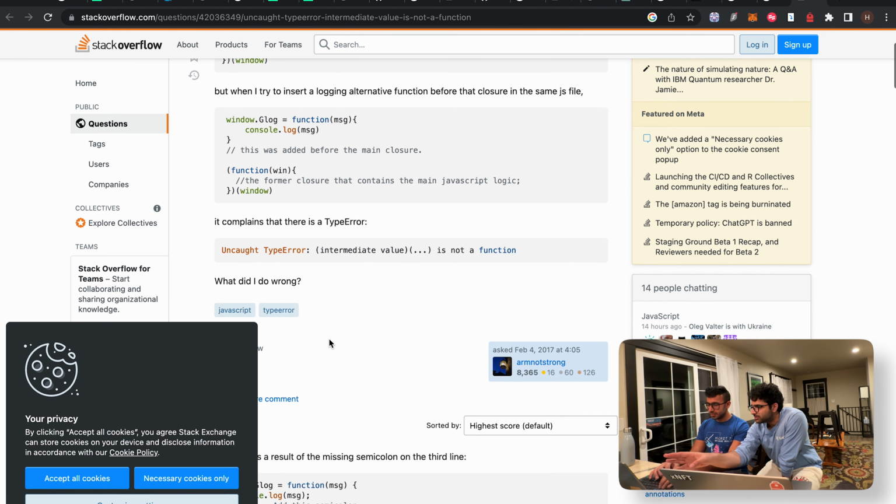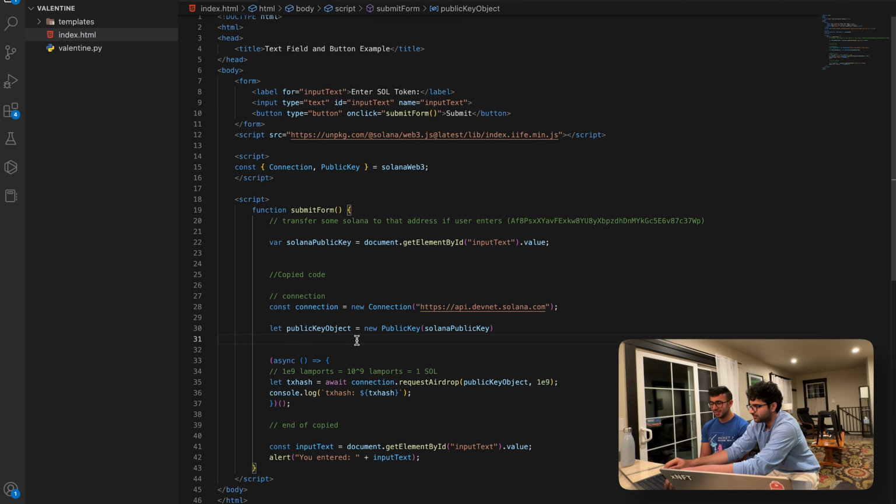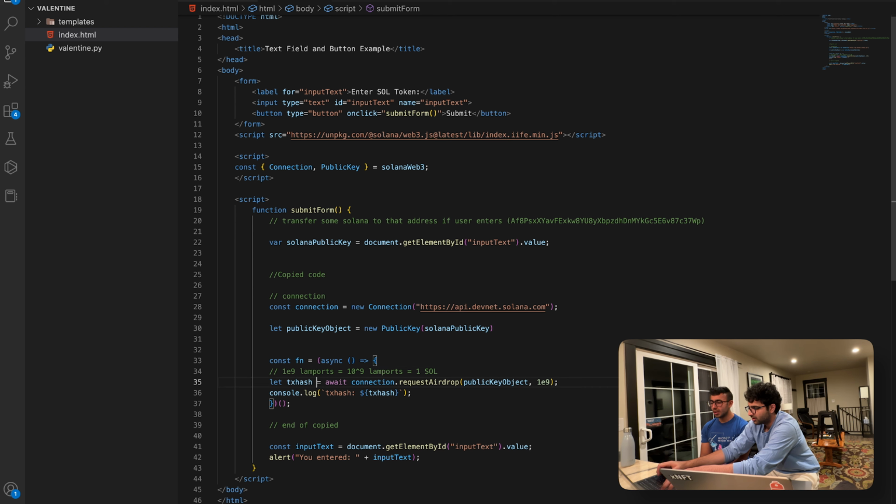Yeah, exactly. So it's the same thing they're doing. They're calling a closure. Can I take control? Sure, take control. Okay. So const fn equal to this thing. This should work. I see. And then if we call